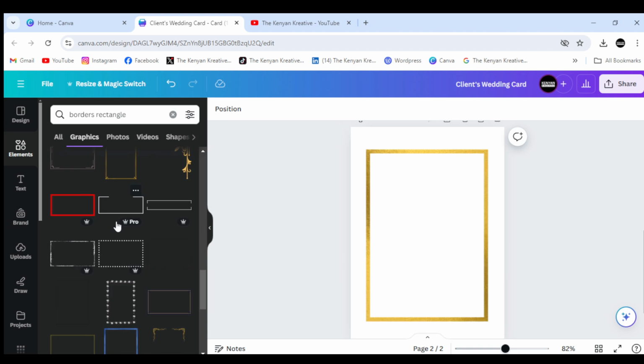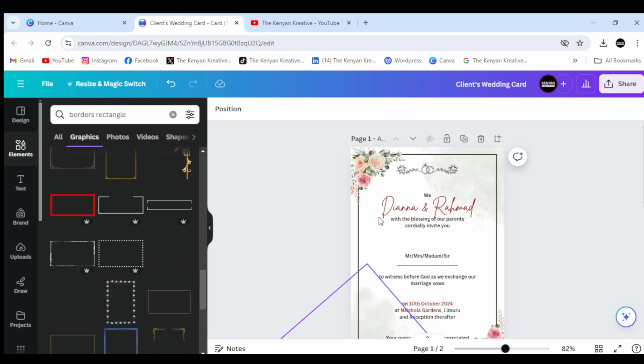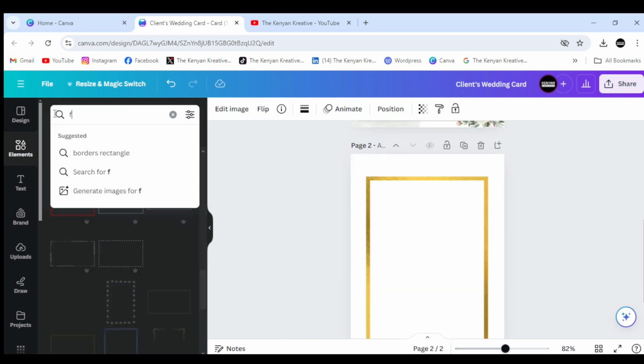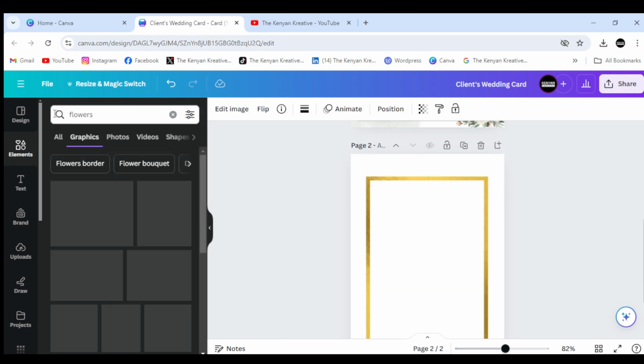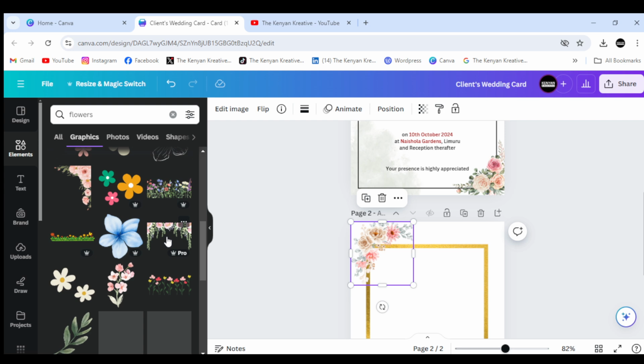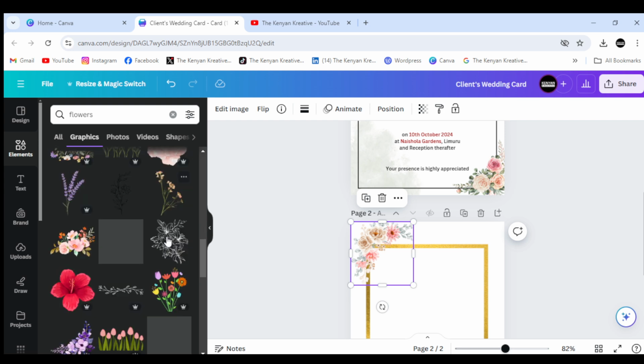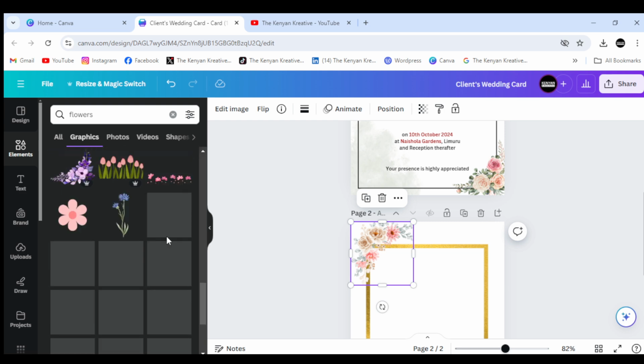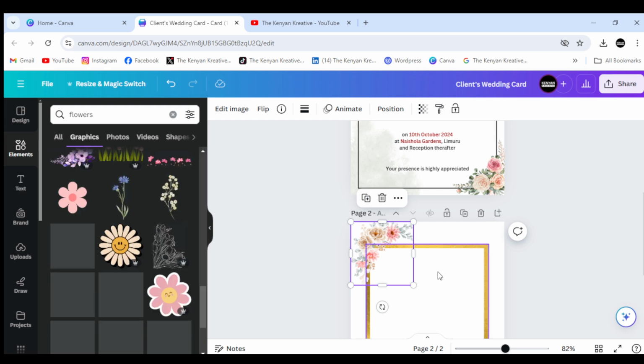Okay, next we're gonna search for some flowers. So come here and search for flowers, and you can see there's some very good flowers like this one. So in order to get the specific kind of flower, let me